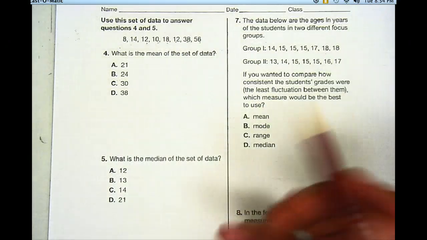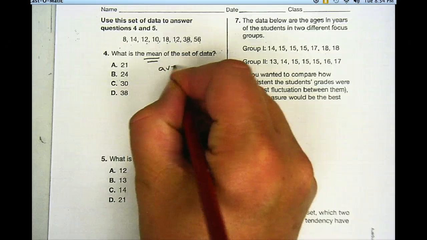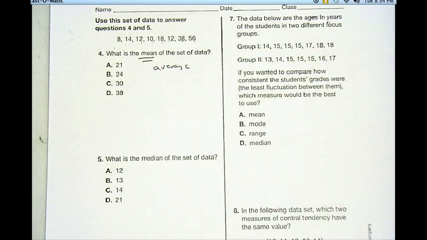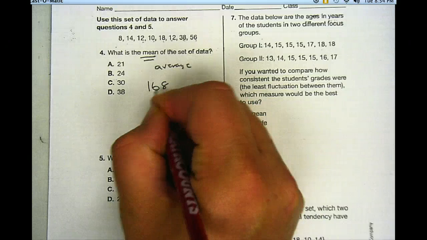The mean is just the average. I'm trying to find the average of those numbers. So what I have to do here is I'm going to actually add them all up and then divide it by 8. So let's go ahead and do that with your calculator. So if I add them all up, I have 8 plus 14 plus 12 plus 10 plus 18 plus 12 plus 38 plus 56, and that's equal to, when I add them all up, 168, and I have to